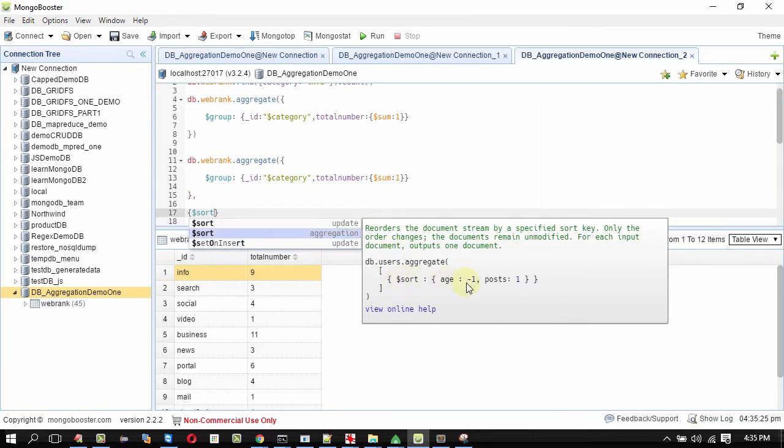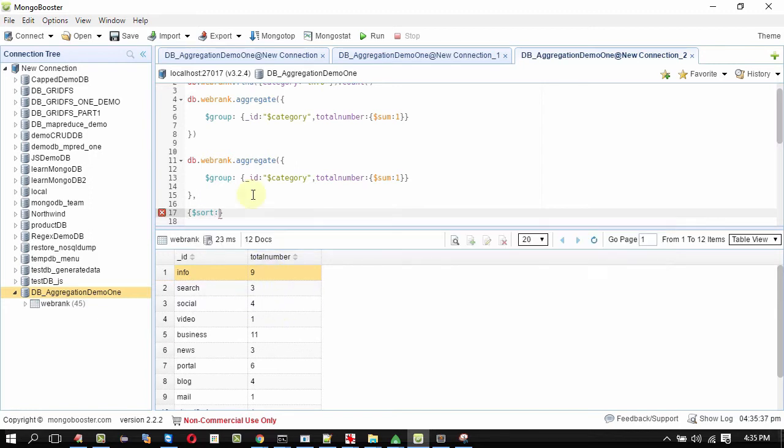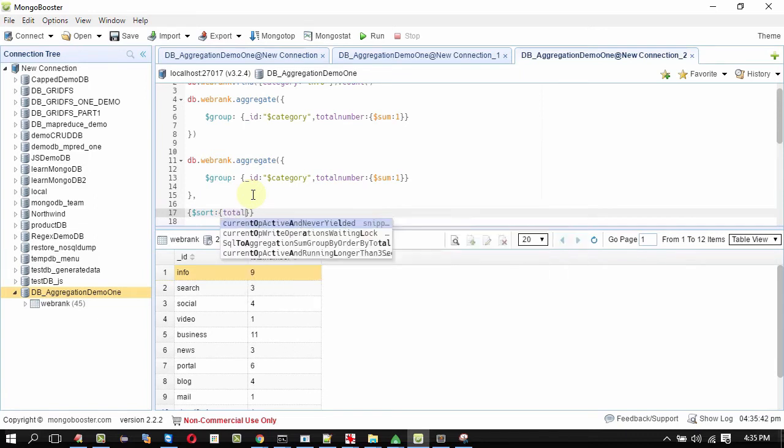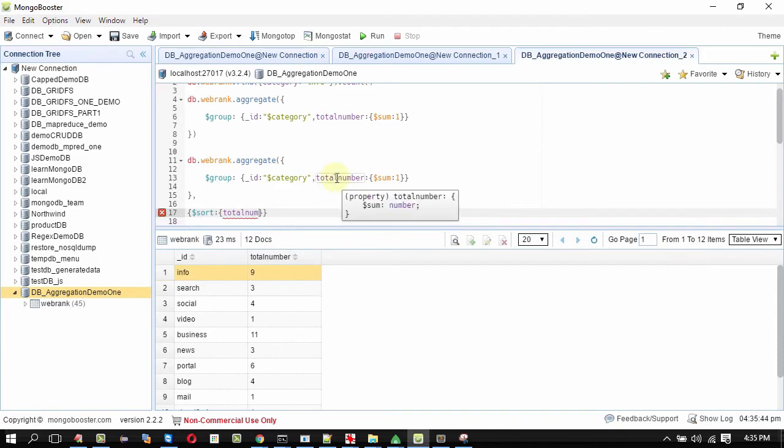Sort, the field name and the order by which it is going to be sorted. If it is -1, it is going to be in descending order. If it is 1, it is going to be in ascending order. I want to do this one in descending order on the total number field, total number, which we have used here. It's going to be descending order, so -1.